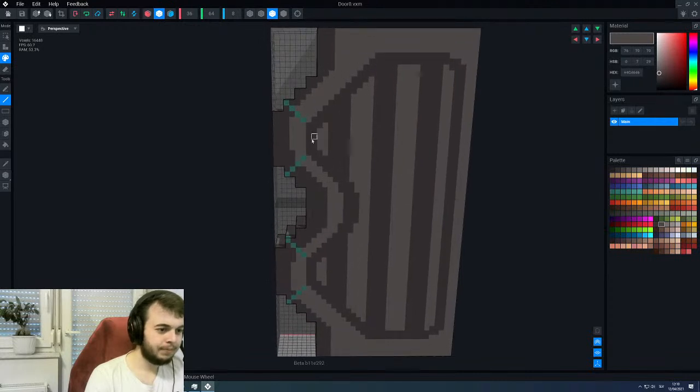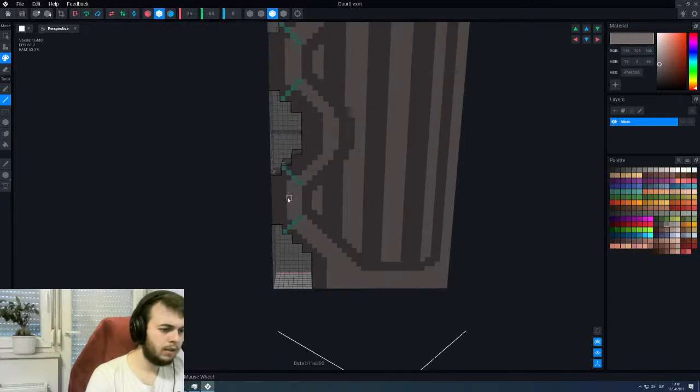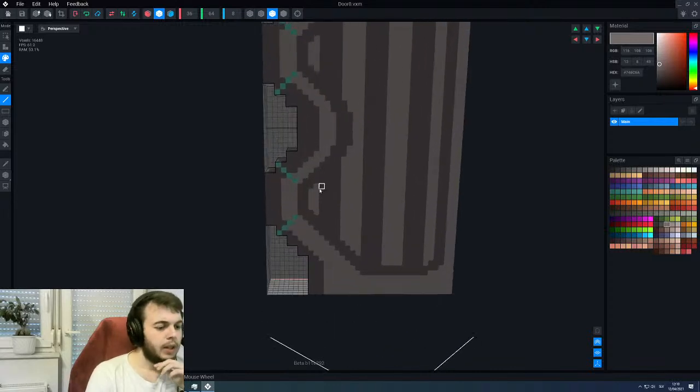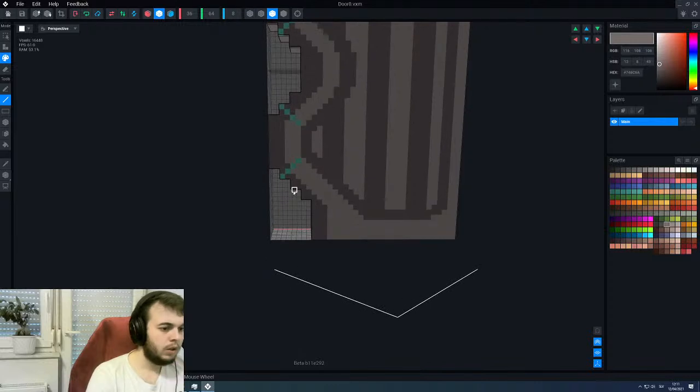Okay. And then on the outside, let's just get rid of that. And this is symmetric, right? Okay. 5. Now it's kind of weird. So let's extend this outwards, and then